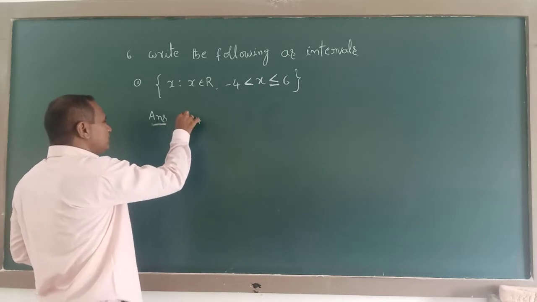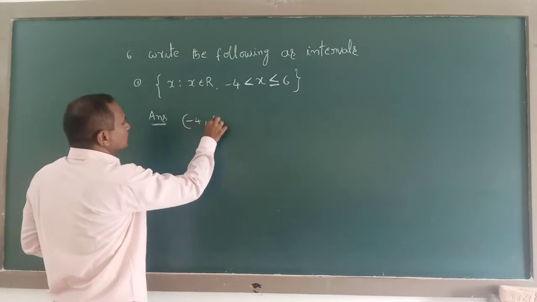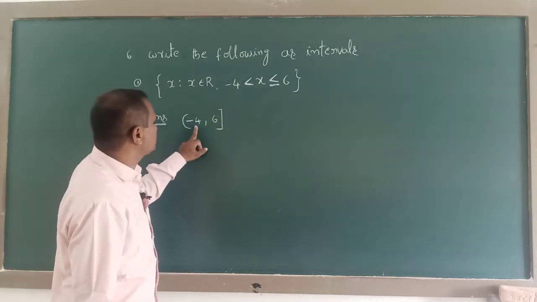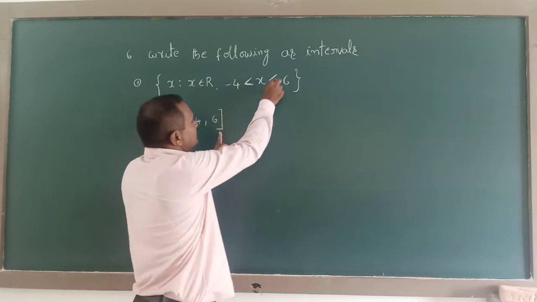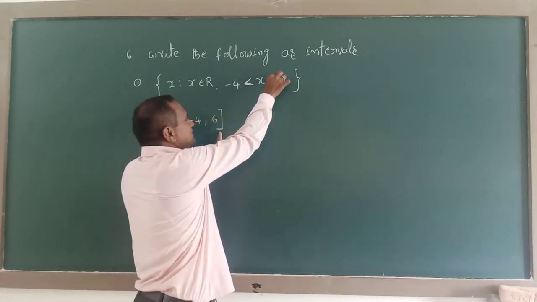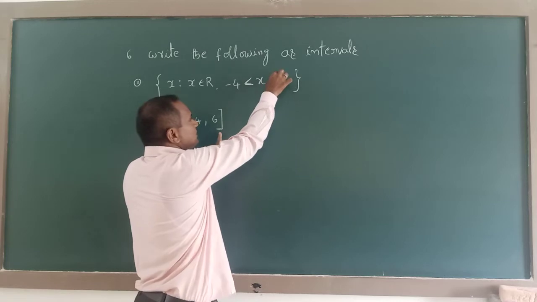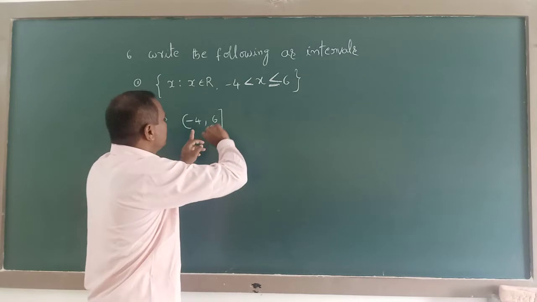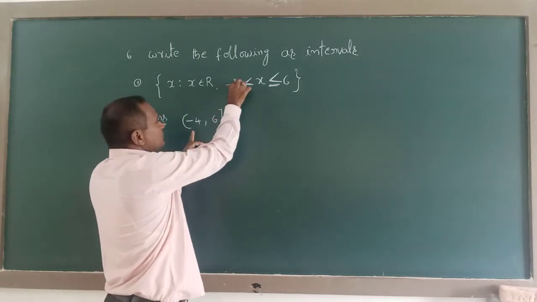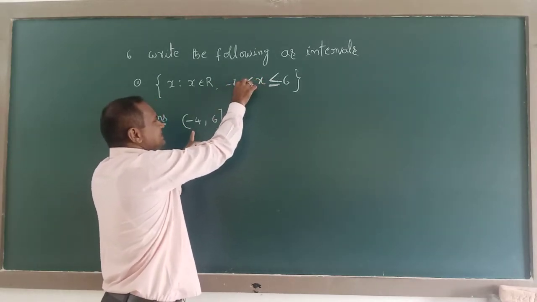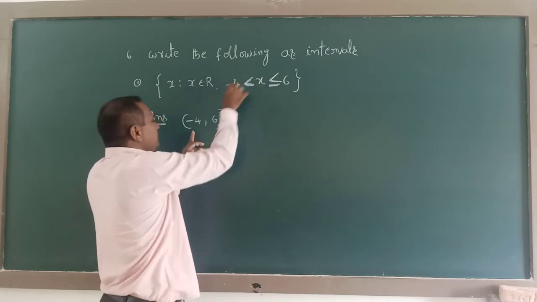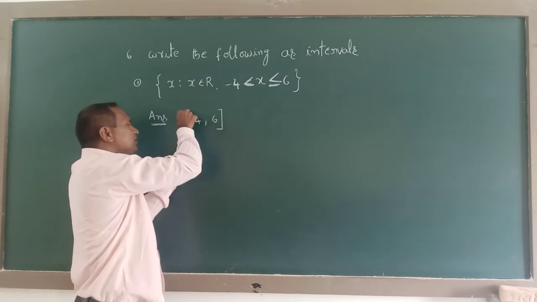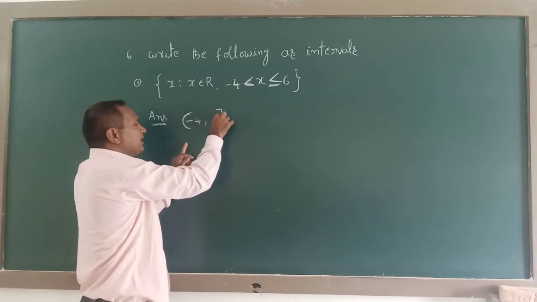(-4, 6]. Why? Because here a closed interval has come for 6, which means on the endpoint 6 side we are seeing the symbol less than or equal to. But on the -4 endpoint side we are seeing only strict less than. Strict less than means we must represent it with an open interval, that is a curved bracket. It is a closed square bracket. This is.